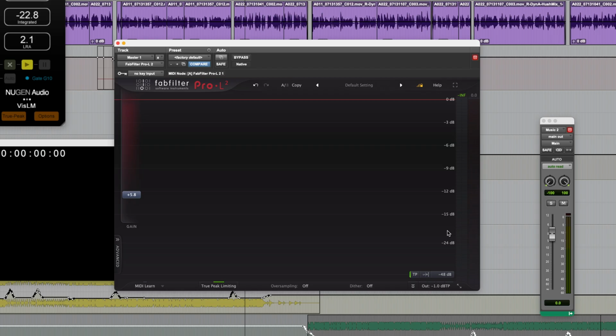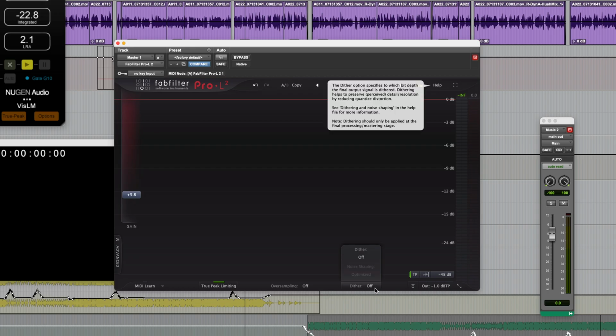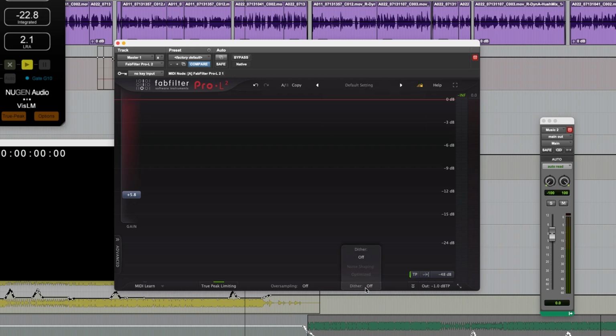So before I bounce this, the final thing, this is actually a very good idea, you know, even if you're not applying any limiting. Although we are ultimately going to be bouncing to a 24-bit file, you can still add dither, which is 24-bit. And you might think, well, I don't need to dither 24-bit to 24-bit, do I? Well, in practice, it wouldn't really matter. But actually, Pro Tools being a 64-bit double precision floating point environment, as soon as you're making any changes to the audio, even if it was 16 or 24-bit at source, it's ultimately going to be within this much higher bit depth